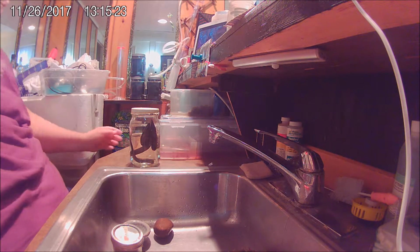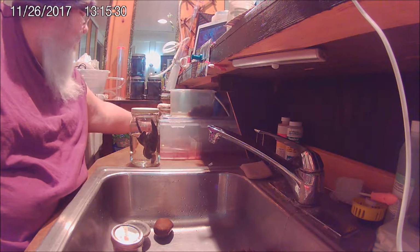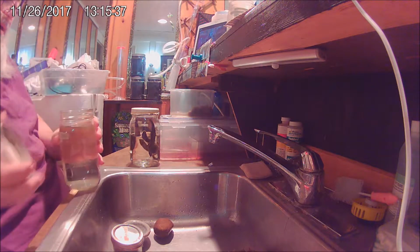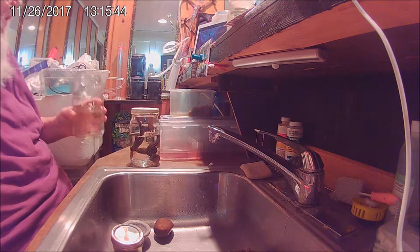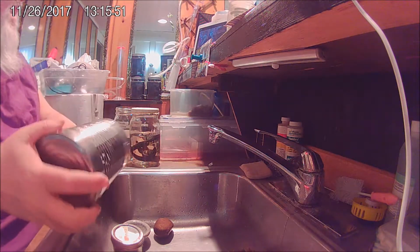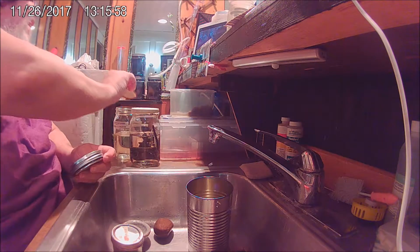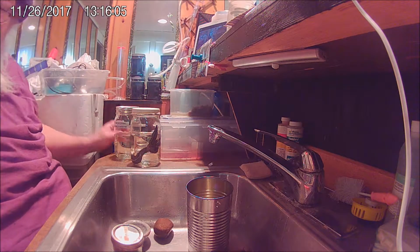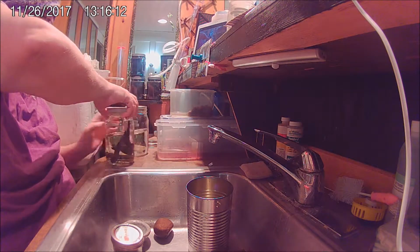I stick my foot in the tub. I may try and do some liver this time. I'm not sure, but I have not been doing liver just because I wear a silly ring. Where's my can? Can O lids. Does that want to not be spilling water? What did I do with the...